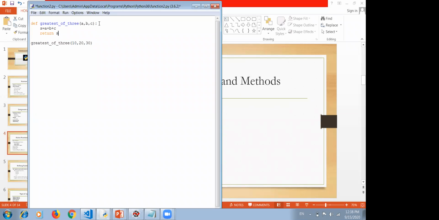Because I have used a return statement, whatever the three values given to it, the function will do the sum of these three values and then return that value. Now it is not printing, it will return that value.